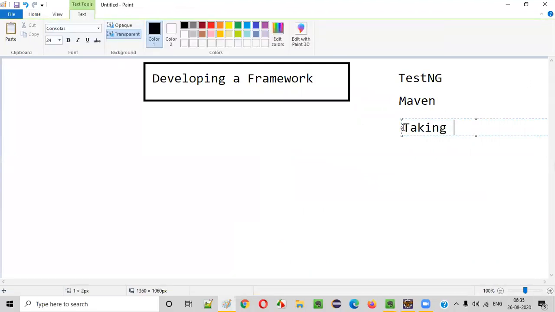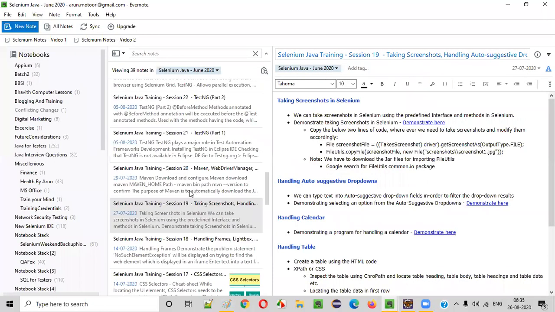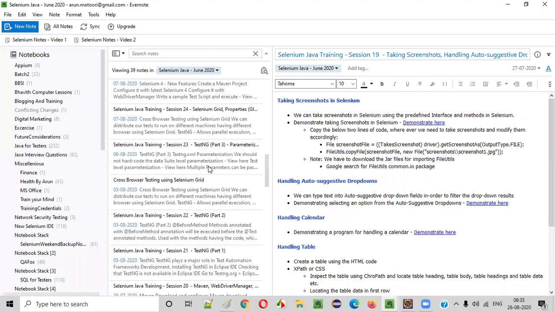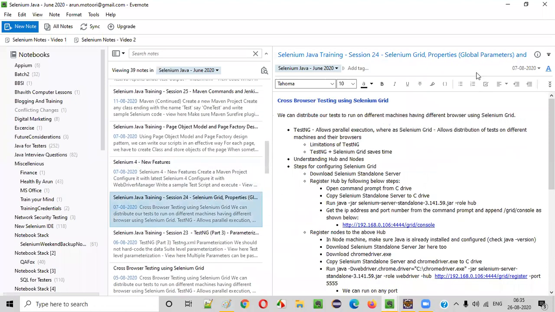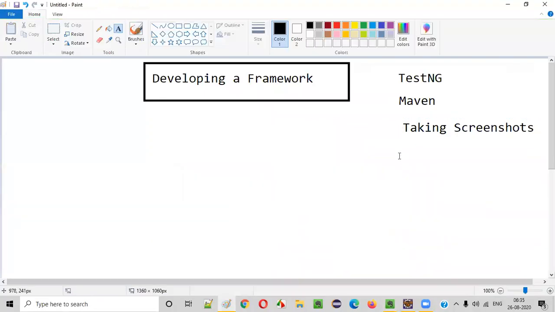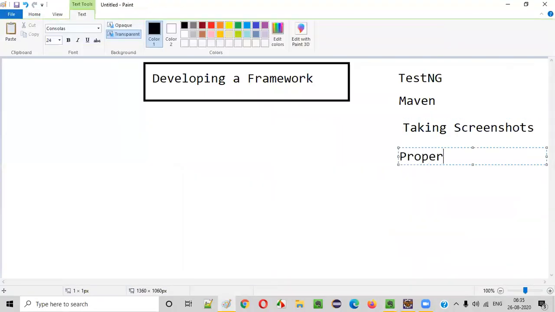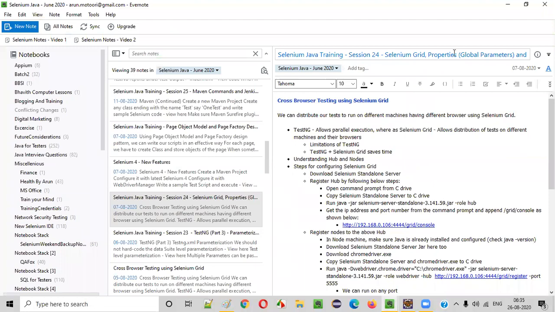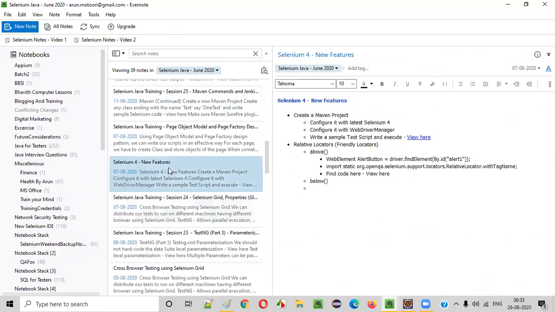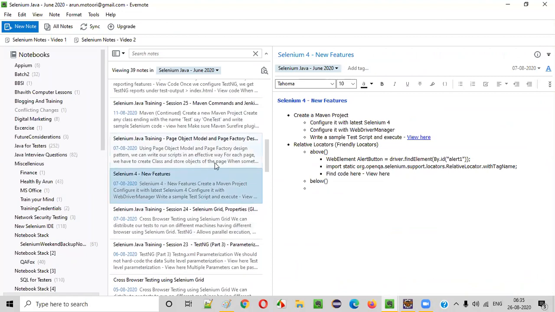Taking screenshot is also part of this framework. Then we have properties, centralized properties. Instead of hard coding the data, we use properties in a separate properties file.